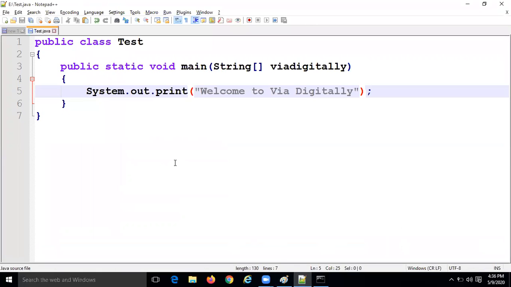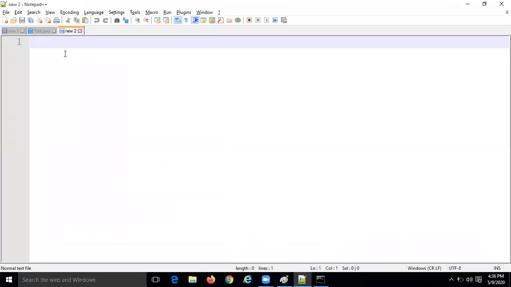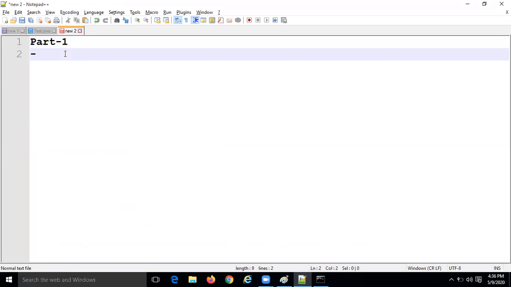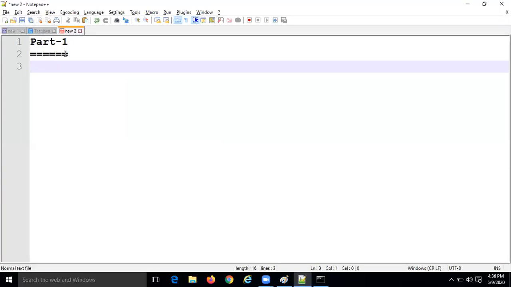Okay, let me take here. There is some problem here. The first part is what? Part 1 is based on the type of value represented by a variable.